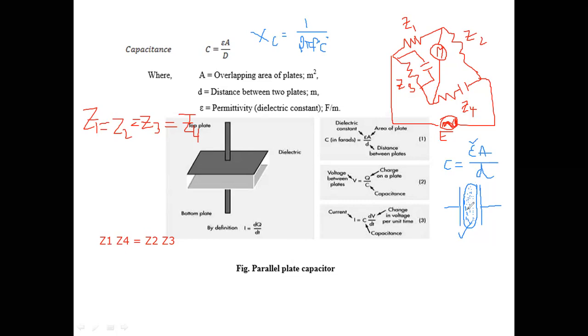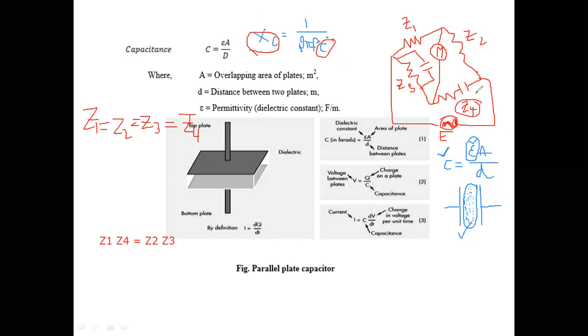This dielectric material is absorbing moisture, and what will happen? This epsilon will vary. When epsilon varies, then the capacitance C value reduces or increases depending upon this epsilon value. If capacitance changes, what will happen? Xc equal to 1 by 2 pi Fc. If capacitance changes, then Xc also varies. Xc also changes. When Xc varies, then what will happen? Z4 will